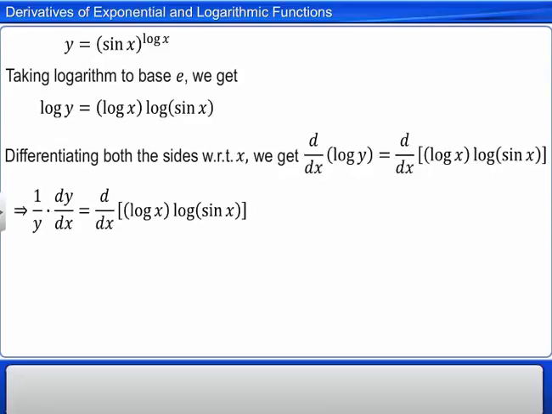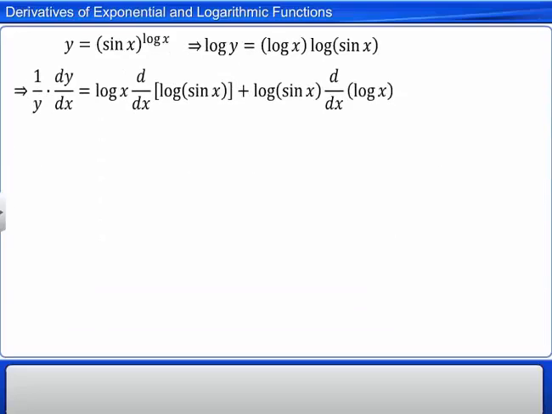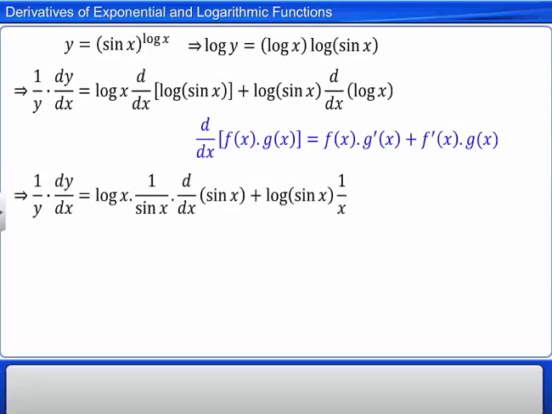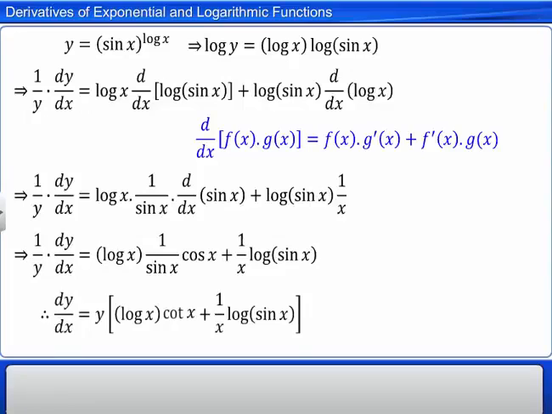The right-hand side is the product of two functions, log x and log of sin x. So we use the product rule to differentiate it. This gives the derivative of the right-hand side equal to log x into 1 divided by sin x into cos x plus 1 divided by x into log of sin x. Therefore, the derivative of y with respect to x is equal to y into log x into cot x plus 1 divided